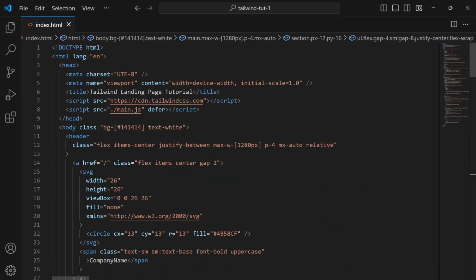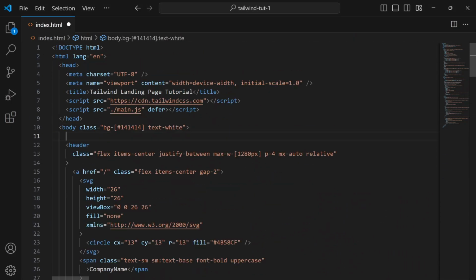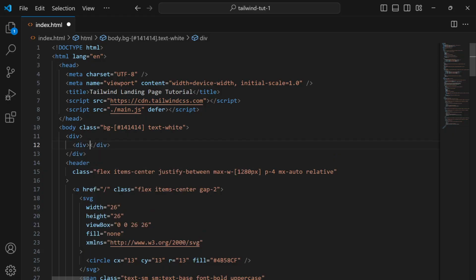So what we have to do is go here on the top, outside everything, just below the body. We create a div, okay? Inside this div will be the container for the whole gradient, and this div will be the actual gradient. So let's say class and say